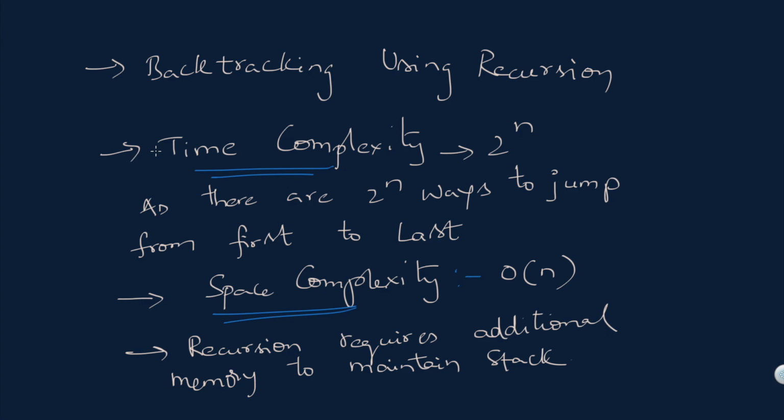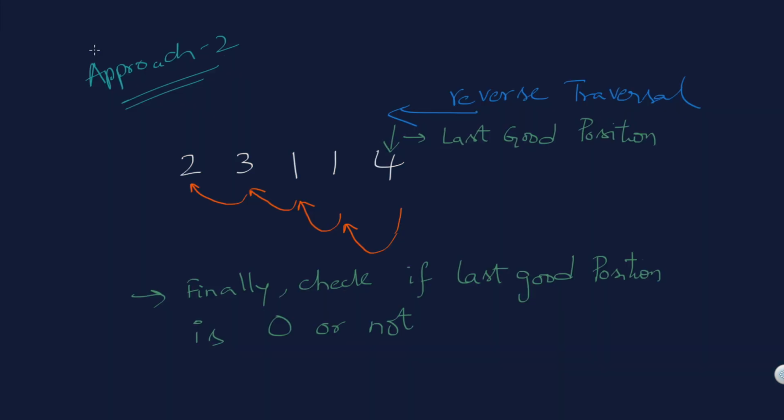And space complexity is O of n, because recursion requires additional memory to maintain the stack. Since the time and space complexity of our first approach is more, let us see how we can reduce the